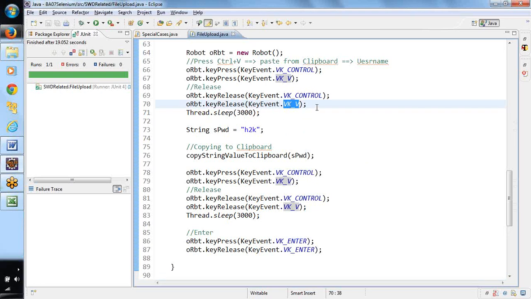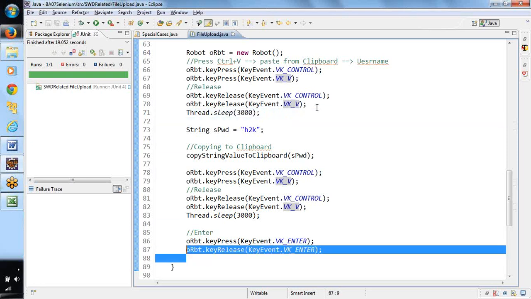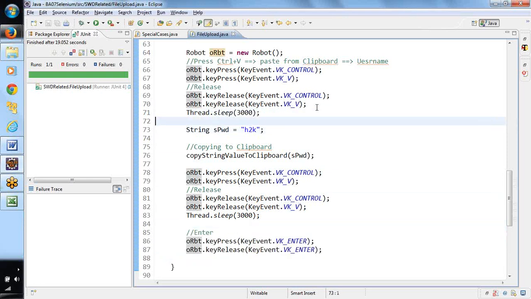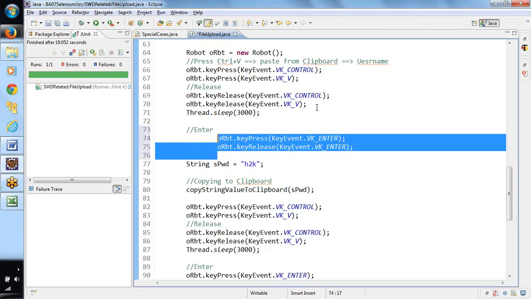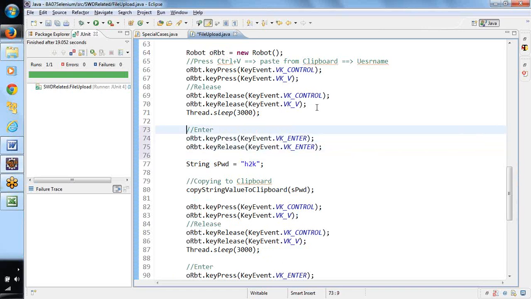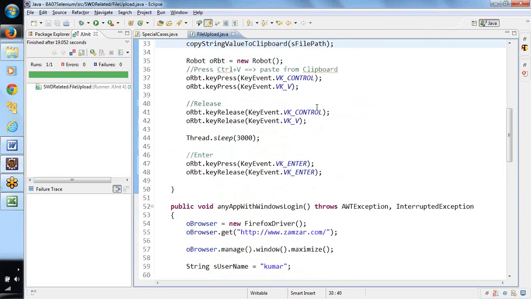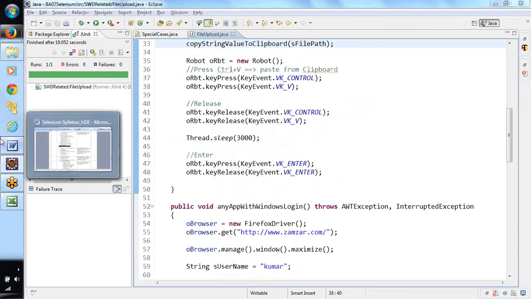So when we want to change from username to password, you need to perform a tab operation. Okay, so this is how you can do it. This is how we can handle Windows based applications.